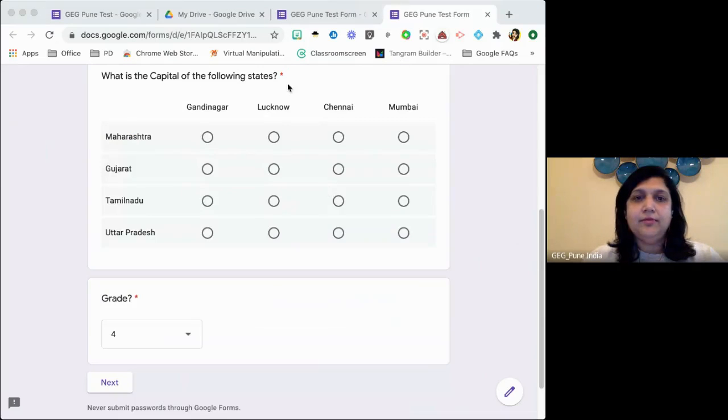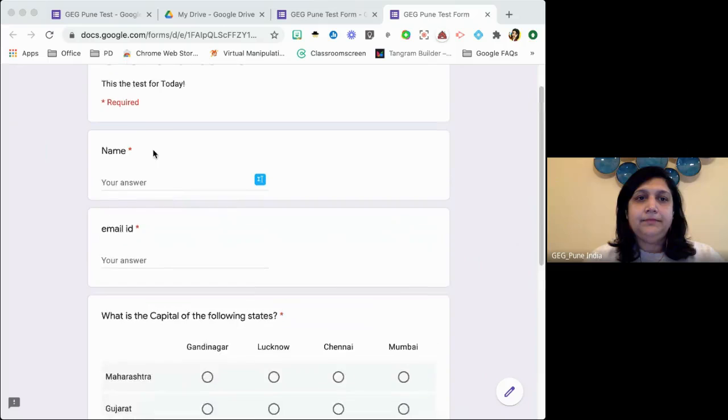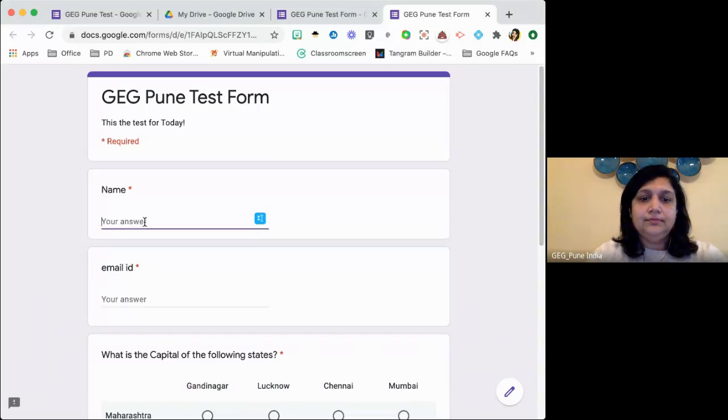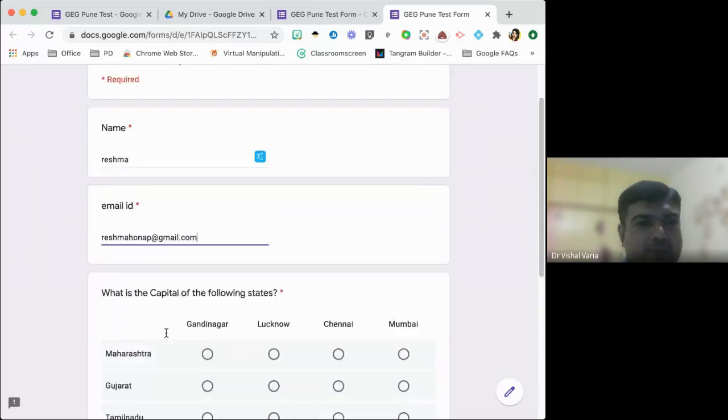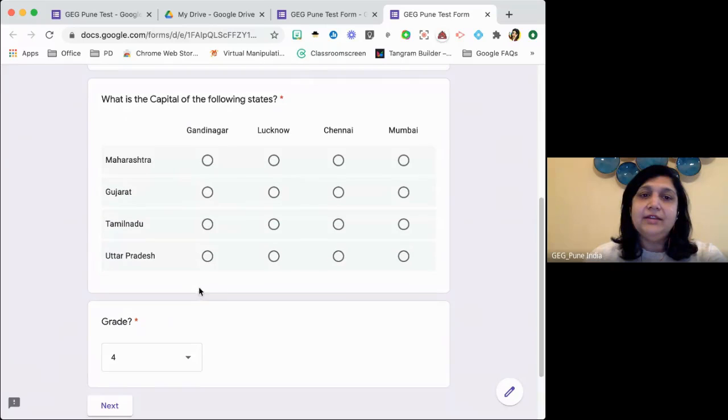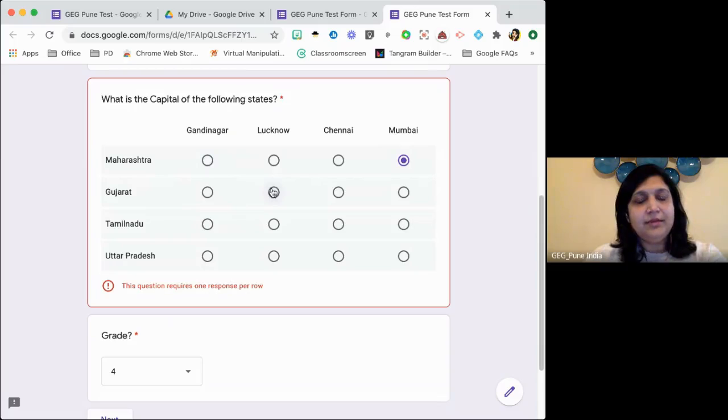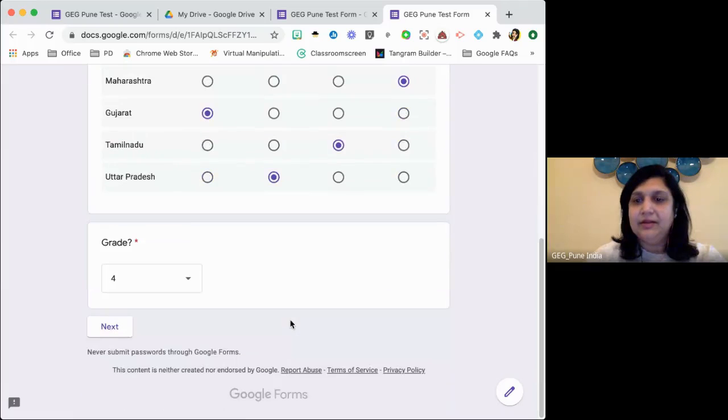I opened the same form. Brilliant features of the form, Ashma. Yeah, and that is why I took different math subjects, so that any teacher of a particular subject can utilize the form.